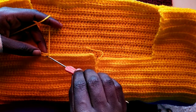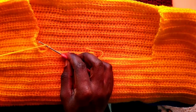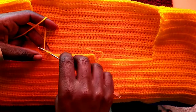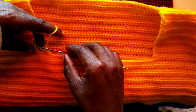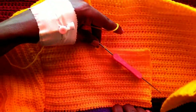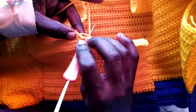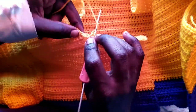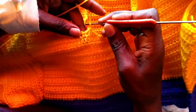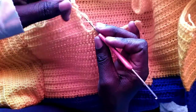chain, then 1 single crochet, then a half double crochet, then let me just move closer, then 2 double crochets worked together. So this is the first. Before we pull through, do another double crochet, then pull them together that way. Then this will be followed by a half double crochet,